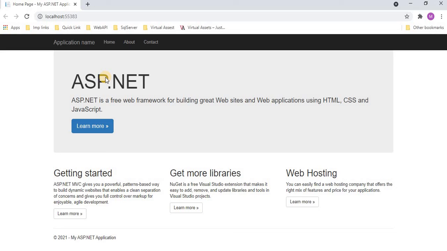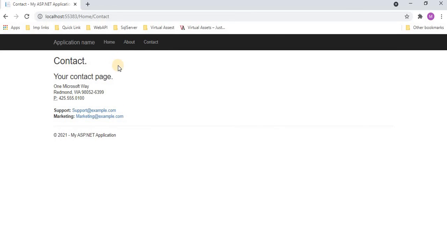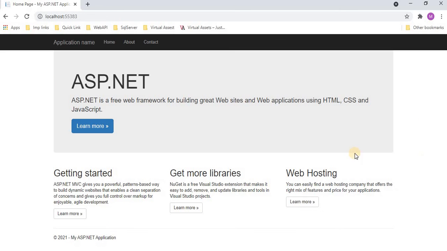By default, whatever controller and view it has created for us, we will see in the browser. Now we can see it has opened the default view it created for us. Here we can see it has given some names: application name, Home, About and Contact. The respective view opens, and we will see how it communicates between the views. At this point, we can see the default application it is showing to us.